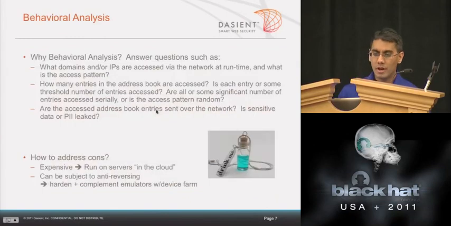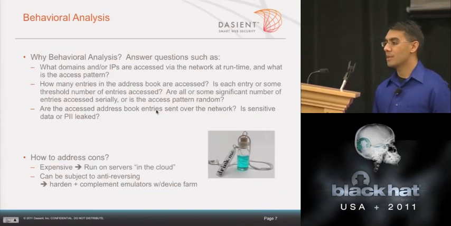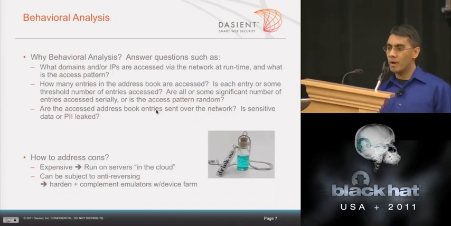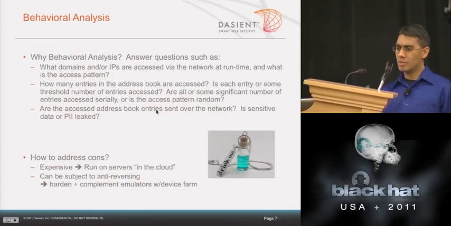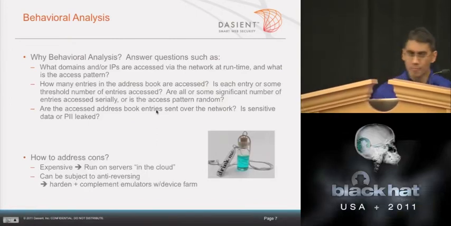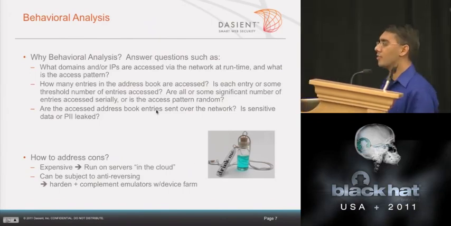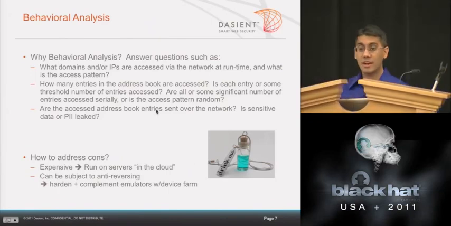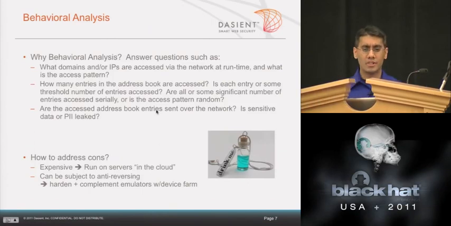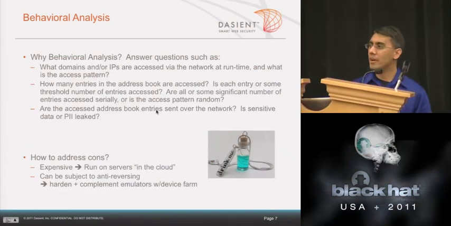So I talked about behavioral analysis. I talked about some examples. I'm going to talk a little bit more about some of the details here. I mentioned earlier that behavioral analysis can uncover things that static analysis can't. For instance, if you look at the code of an application, you might see certain IPs in there, you might see certain domains in there, but you don't know